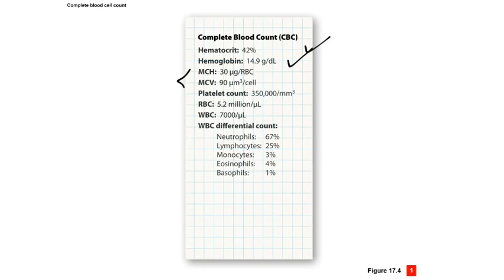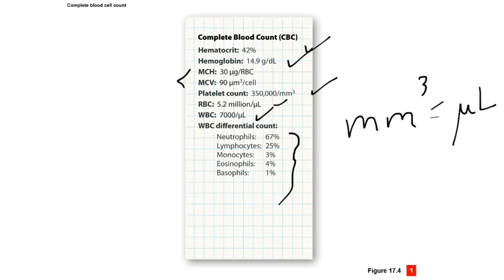They're going to tell you about the volume of the average cell, and also the overall health, if you will, of the red blood cells. The number of platelets per millimeter cubed. Now, millimeter cubed is equal to 1 microliter. It's going to tell you the number of red blood cells you have per microliter, the number of white cells you have per microliter, and here you can see that it has done a differential and told you that